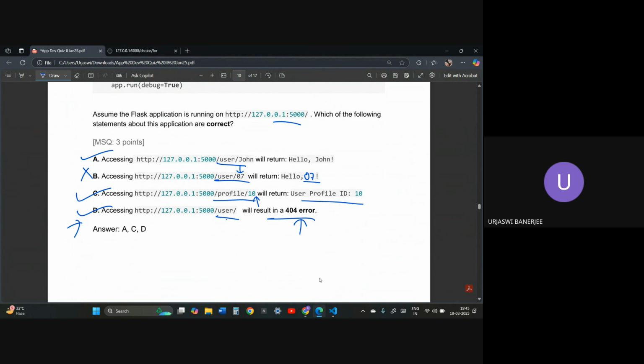So when it will give user, hello Neha, space?